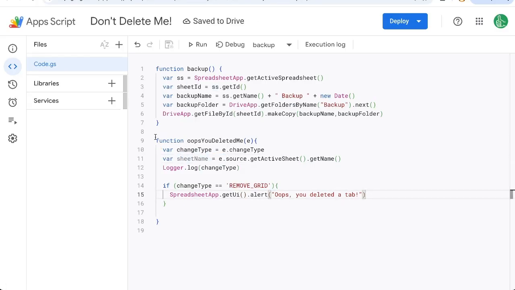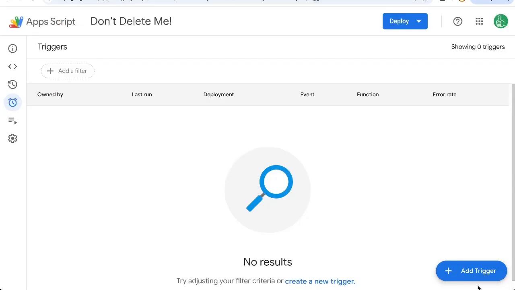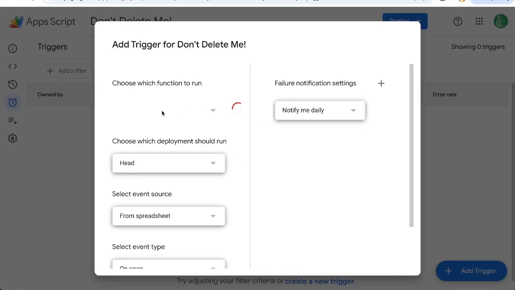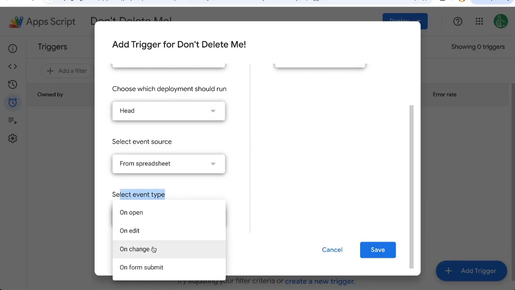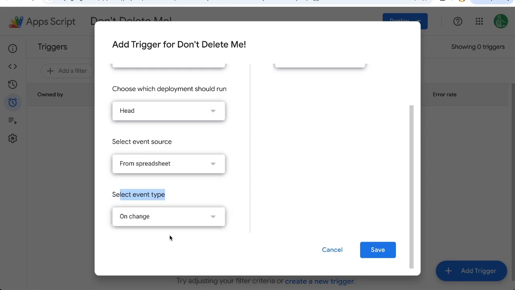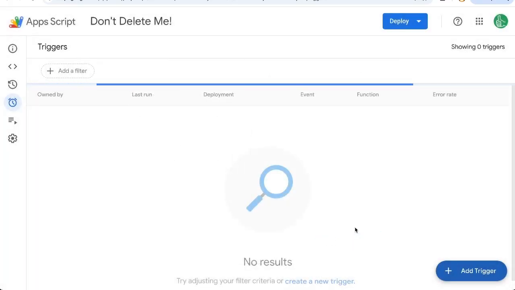The one thing we need to do once we write this function is we need to go over to triggers on the left side, add trigger on the bottom right, choose which function to run. We have multiple functions, so we have to say, oops, you deleted me. From spreadsheet now, the select event type is going to be on change. In other videos, and if you've taken the master spreadsheet automation course, you'll know we use on open, we use on edit. Very rarely do we use on change, and here is where we use on change. Click save,